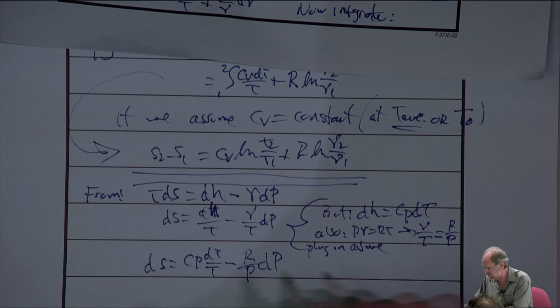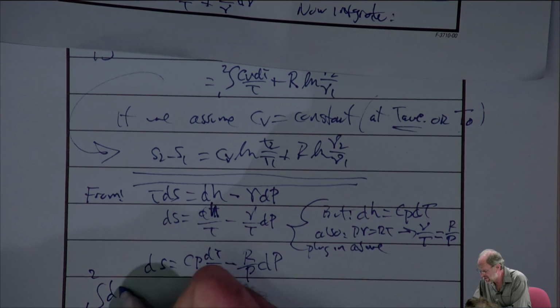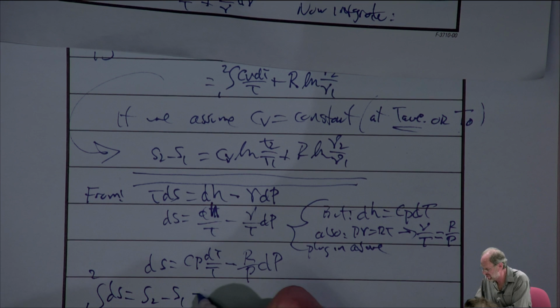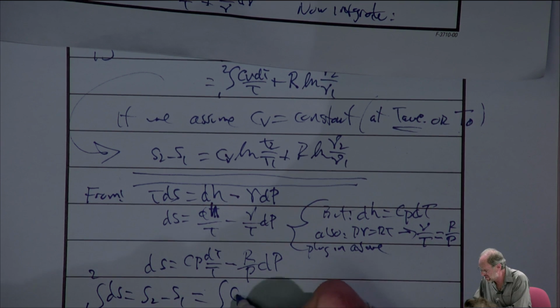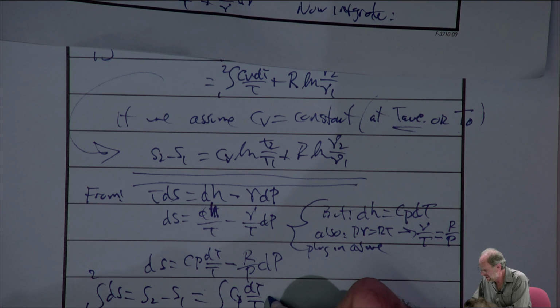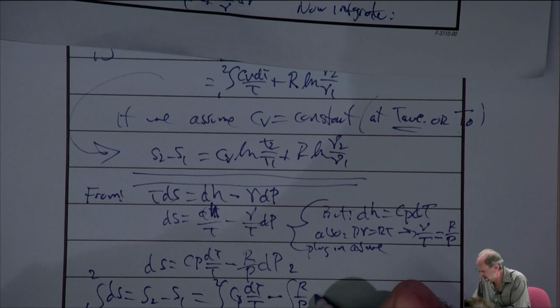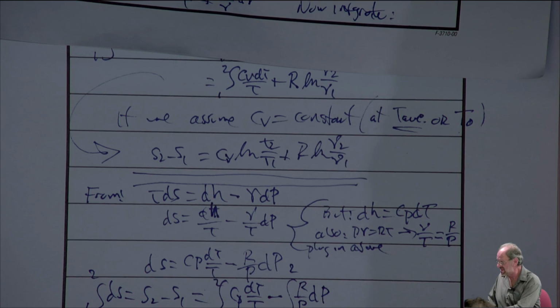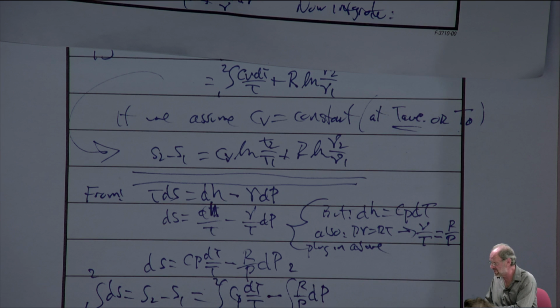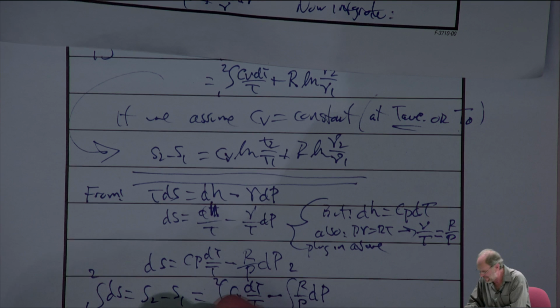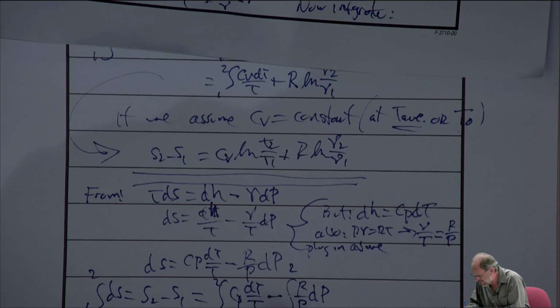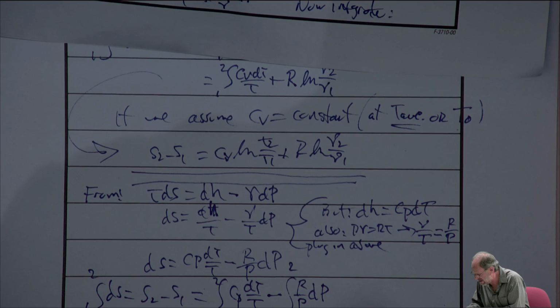And just like before, I'm going to integrate. So the integral of ds is just S2 minus S1. So I get the integral of Cp dT over T, and then minus the integral of R over P dP. And let's also keep in mind, again, just like the previous problem, that I'm just going to have you use Cp either at the average temperature or at the room temperature, right? It's just a constant value. So for Cp equals a constant,